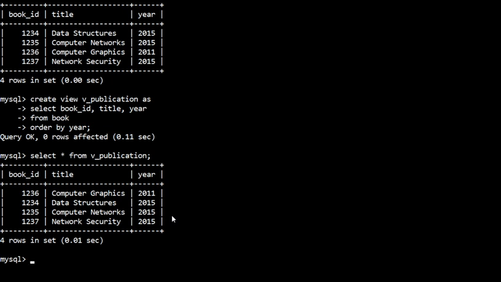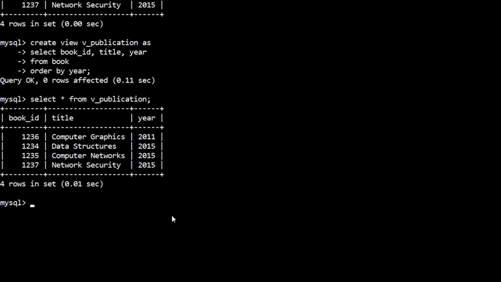And the last one, again you have to create a view where you have to show book ID, title, branch ID, and number of copies. So I'll create another view, create view. I'll name this book view, and here we need to take book ID, then title, branch ID, and number of copies.